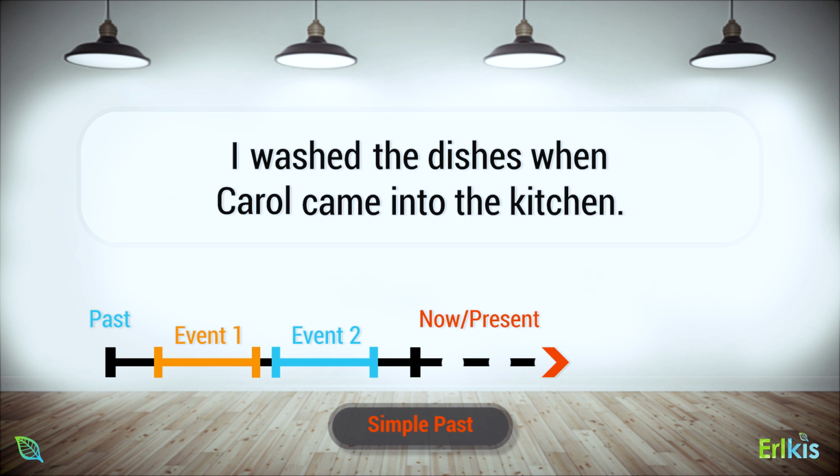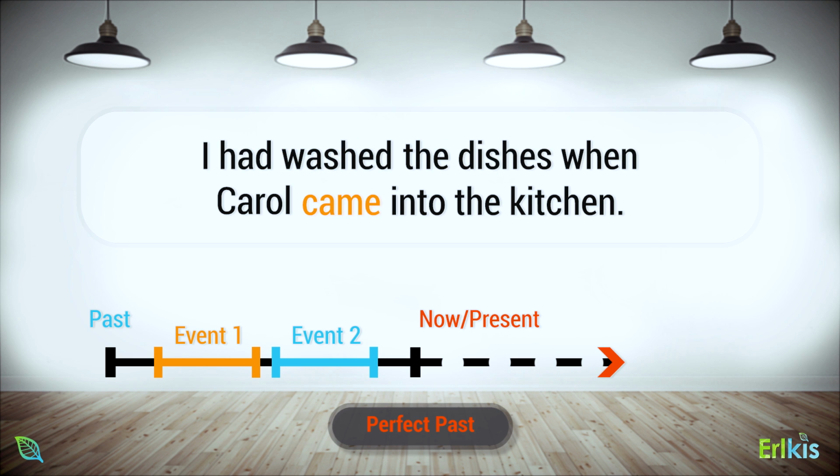Now, which event happened first? Was it washing the dishes or Carol coming into the kitchen? If you said Carol came in first, then you are correct. By using the simple past for both events, we can assume that Carol came in first and then I washed the dishes. But when we say I had washed the dishes when Carol came into the kitchen,